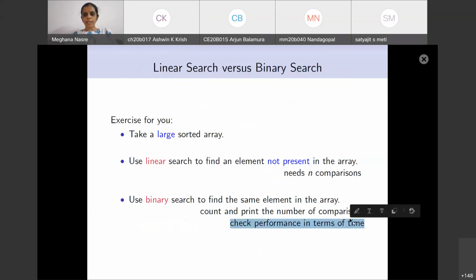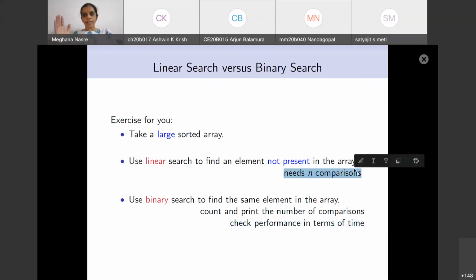That is, how many comparisons did your program require for a large array of size n? We know that the linear search is going to do n comparisons because it will not find the element even after searching every element in the array. So it is indeed going to do n comparisons. However, binary search will do significantly smaller, and I would like you to observe and note down how many comparisons it does for a large array. So this is an exercise that you need to complete whenever you have free time, and do this on REPL.IT.